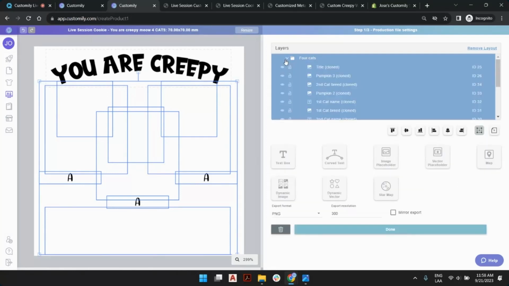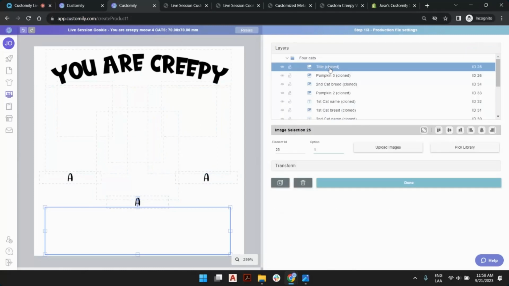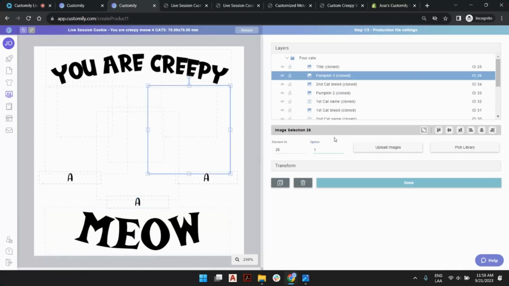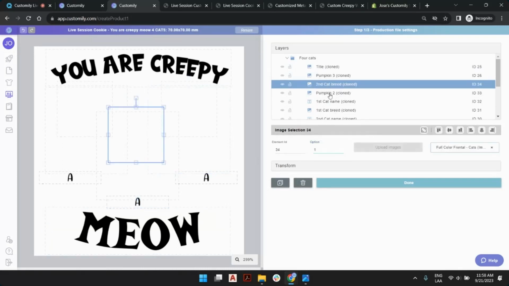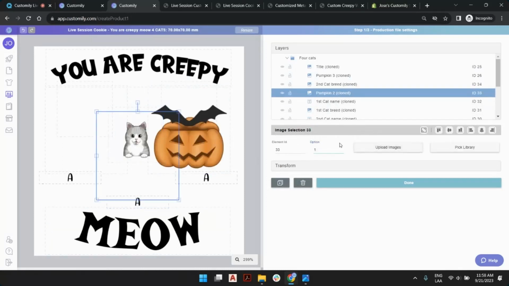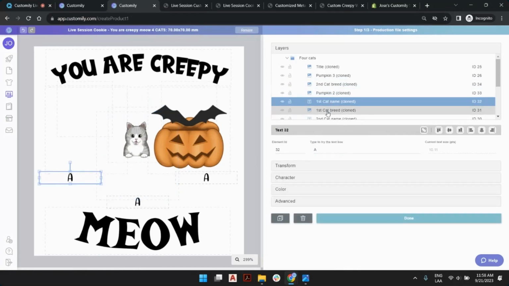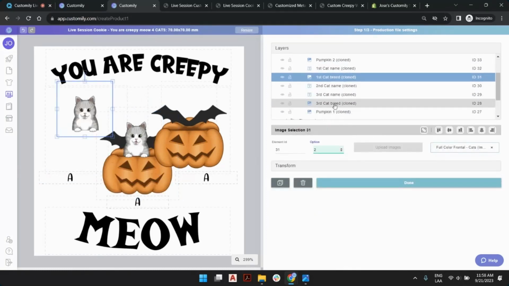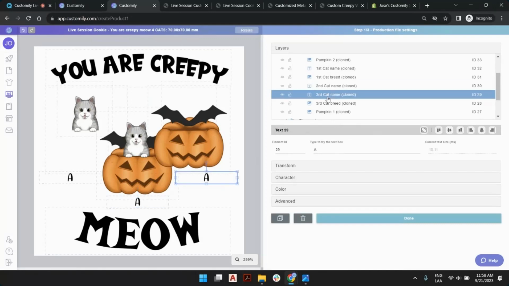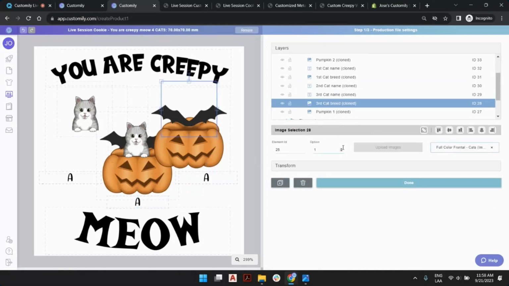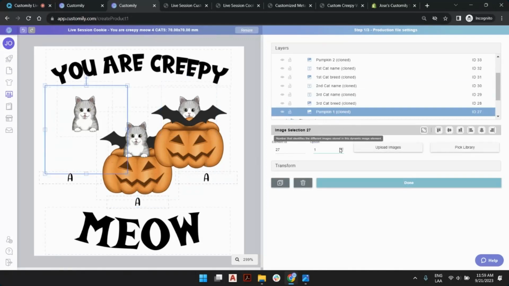I'm going to expand this, and now I have a title that says meow. I have pumpkin number 3, cat number 2, pumpkin number 2, first cat name, first cat breed, second cat name, third cat name, and cat breed third here, and I'm missing one pumpkin here, right? So